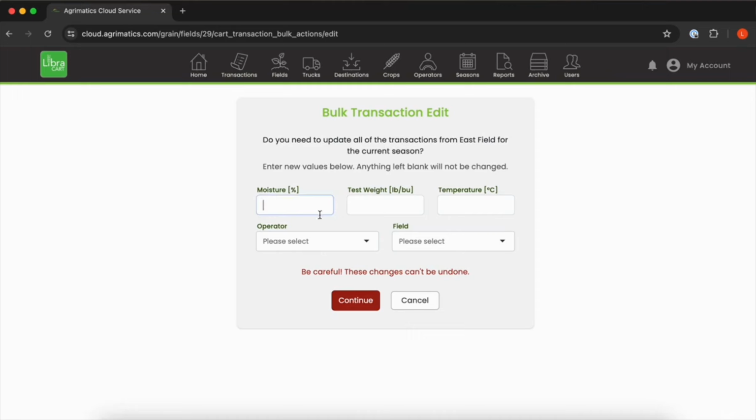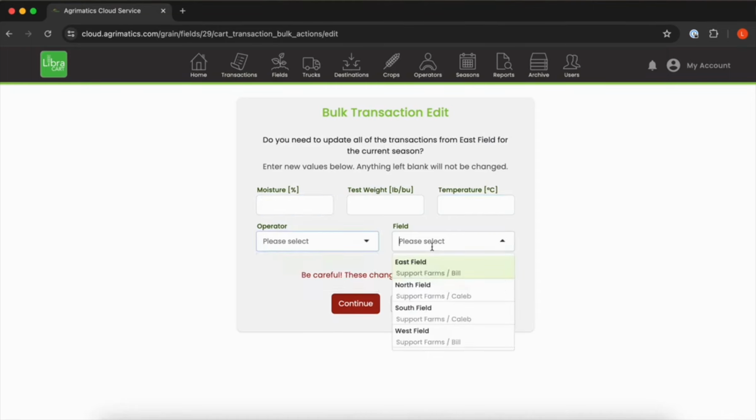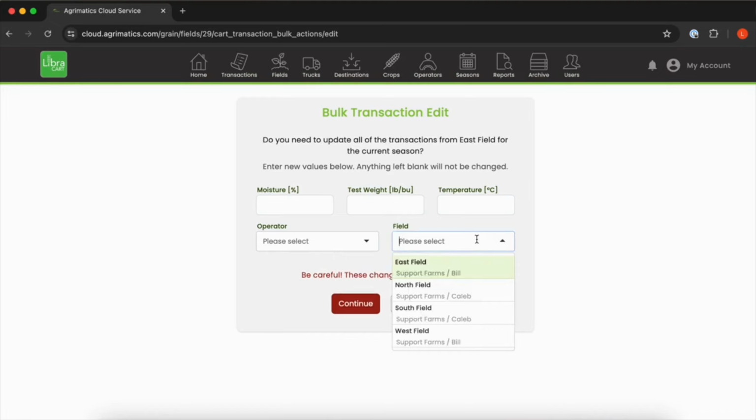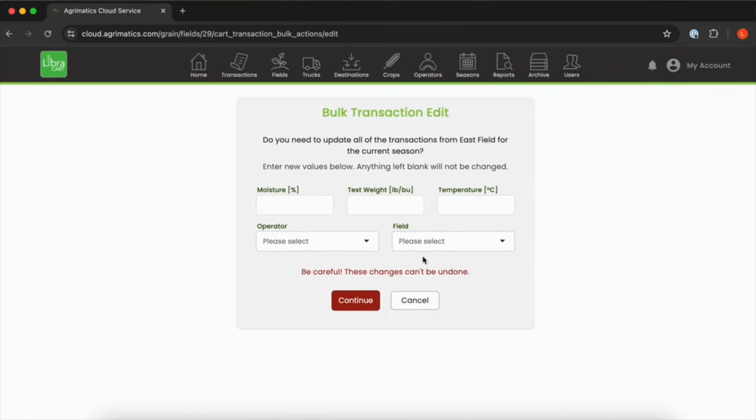You can change all the moisture for every transaction, the test weight, the temperatures, the operator, and say like you were farming and you had a field set, and for your entire day, all the transactions were coming off of the wrong field. You can bulk edit all the transactions to be coming off of the correct field.